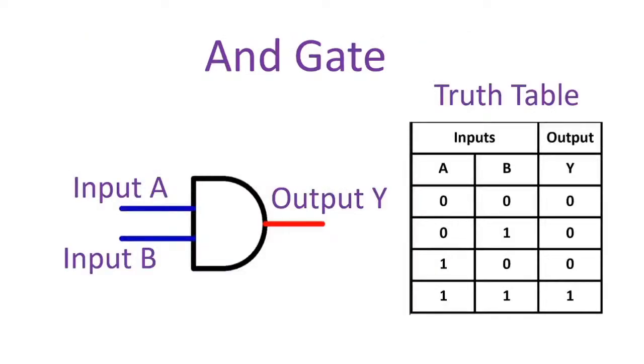And the AND gate behaves according to a truth table. The output of the AND gate is 1 if both inputs A and B are 1. Otherwise, it's 0. If we look here at the truth table, input A is 0, input B is 0, output is 0. Input A is 0, input B is 1, output 0. Input A is 1, input B is 0,